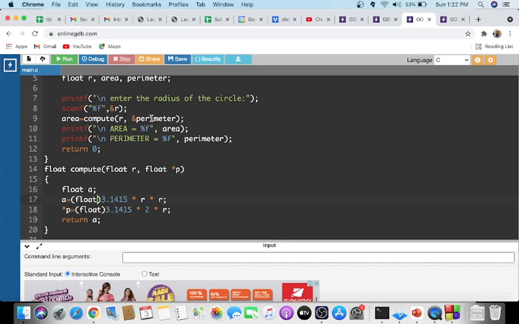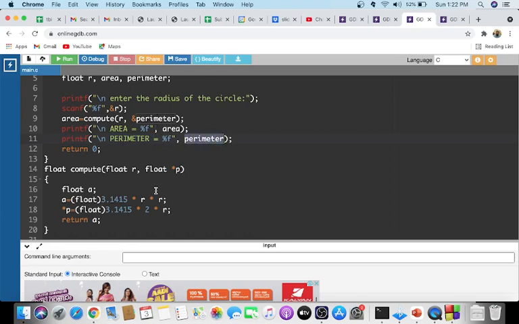That means the perimeter value will be changed to this perimeter value. Then you return a, just a single variable. A is returned, so that A will be stored in area, and you can print that area. Then you can print the perimeter also.